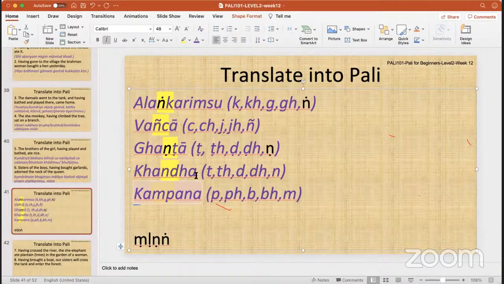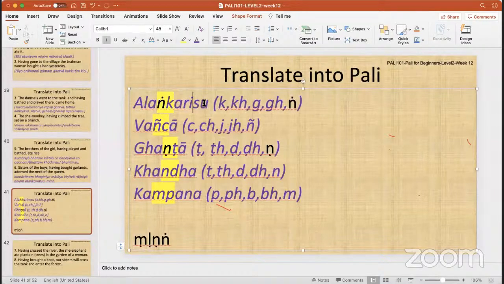Like you wrote before, you think of the sound and it's not the original. This is the original word, but grammarians have made rules. Grammarians found this is the rule: when you have something like that, you have to make it like this. So they are the ones who actually make the rules, the grammarians.